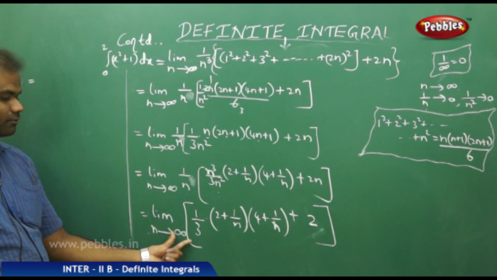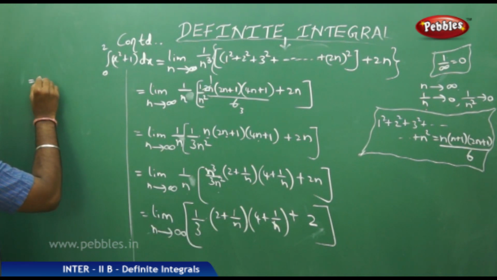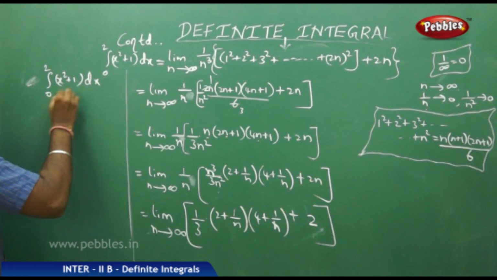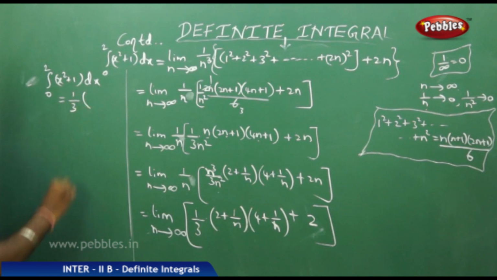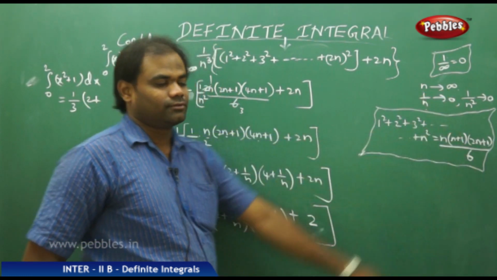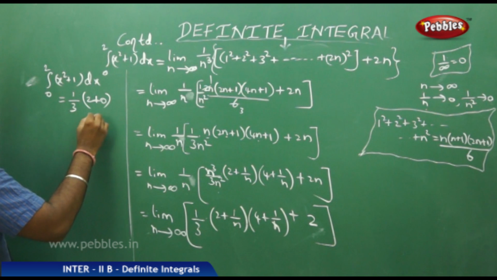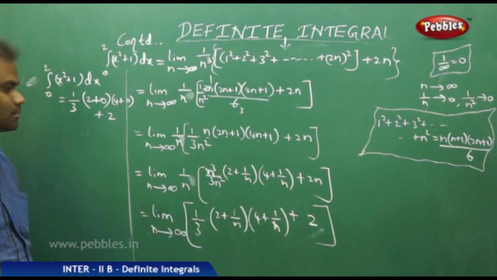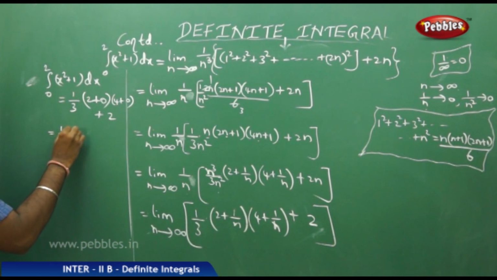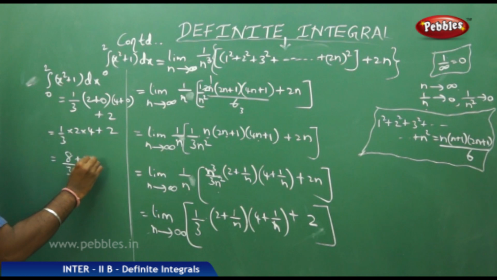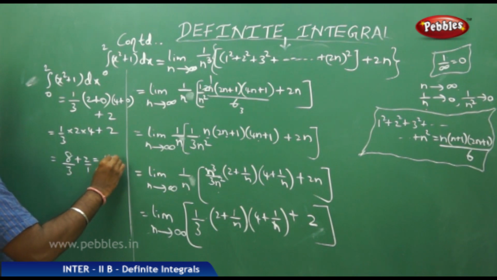when limit n tending to infinity is substituted in place of n, this reduces the integral 0 to 2 of x squared plus 1 dx to 1/3 of 2 plus 1 by n, which is 0 when n tends to infinity. Therefore, I get this as 2 plus 0 and 4 plus 0 plus 2 is what we get. Now, this on further simplification gives 1 by 3 times 2 times 4 plus 2, which is 8 by 3 plus 2, and therefore, this on LCM gives 3 twos are 6, 12, 14 by 3,